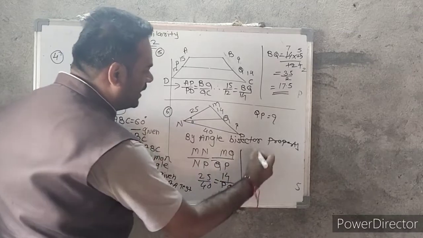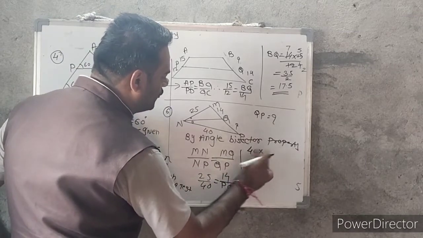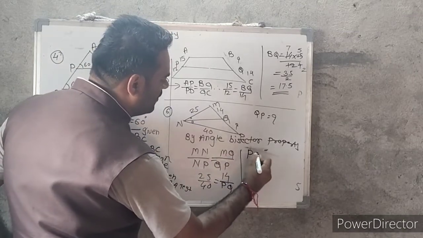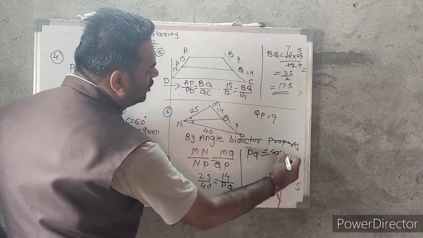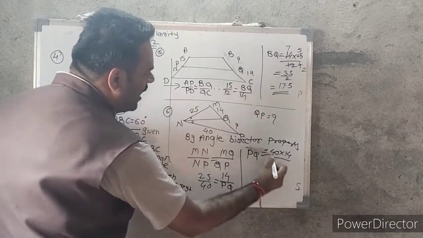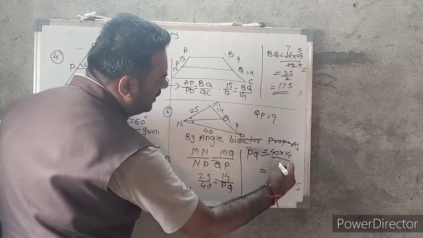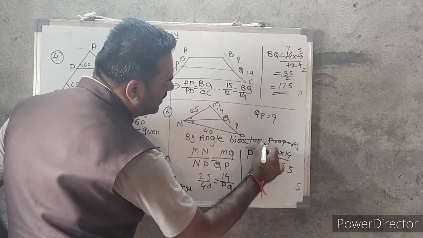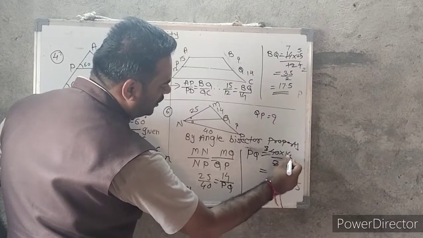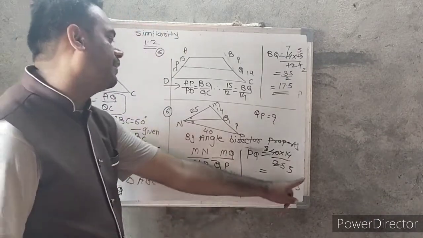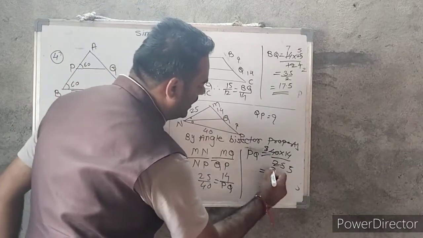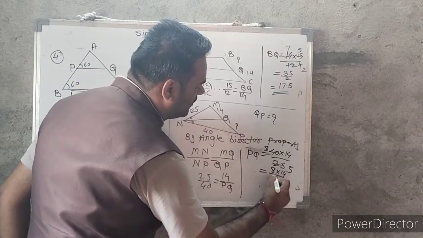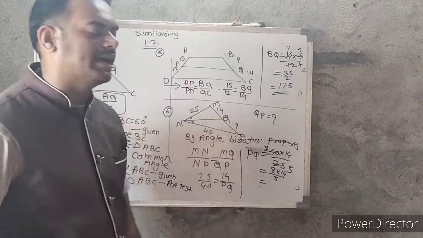So do the cross multiplication. That is 40 into 14. PQ is equal to this cross multiply, 40 into 14 divided by 25. So 5 5s are 25, 5 8s are 40. So 8 into 14 divided by 5. So 14 8s are